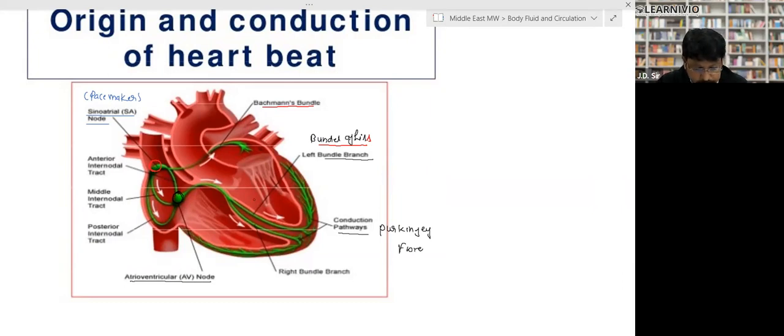Full stop. It is also called the pacemaker,